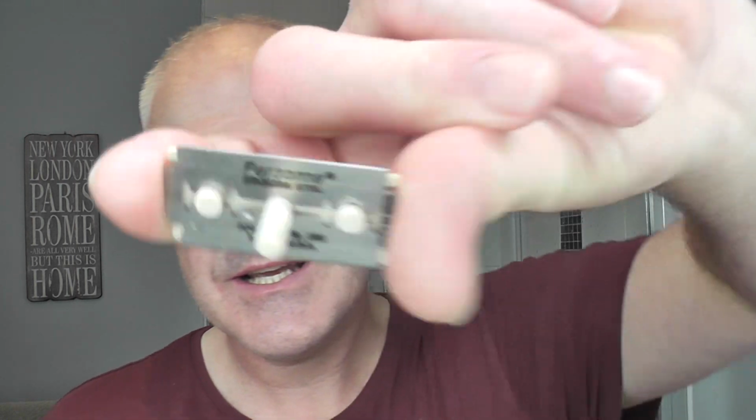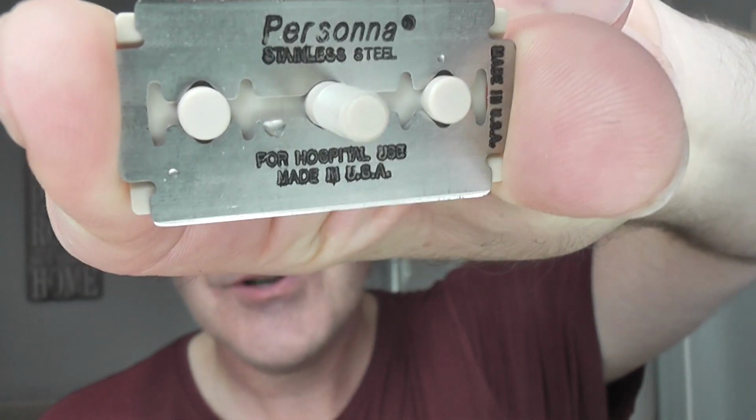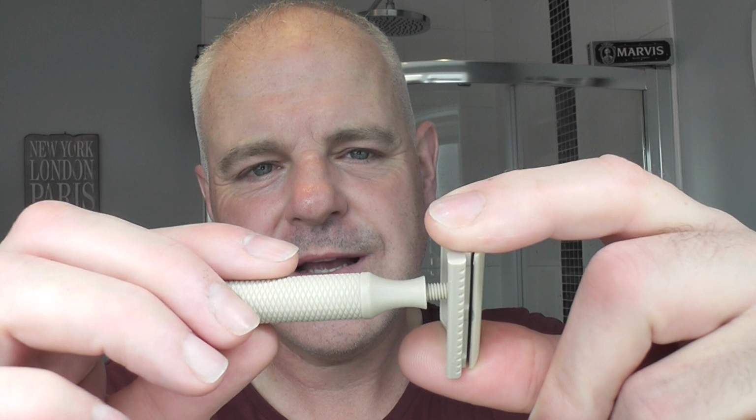Yeah, that looks like a nice razor, doesn't it? Very nice. Close-up shots of the Karve plastic razor. Okay, here's the blade. It's been put in there. Personna stainless steel for hospital use only. Personna Lab blue. I shall put the base cap on, which this is a C plate, and the thread's plastic,